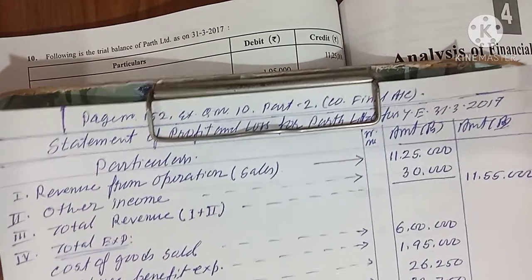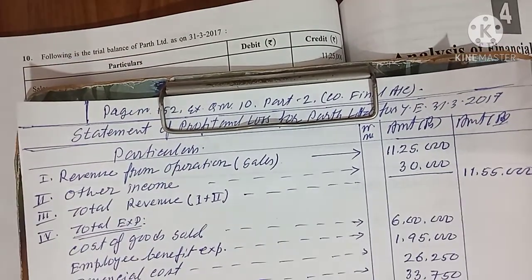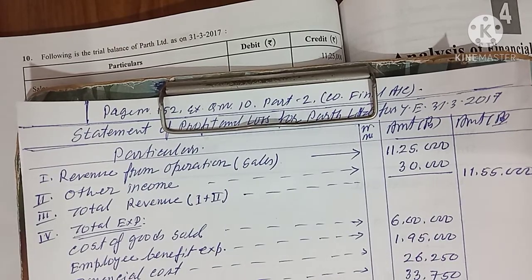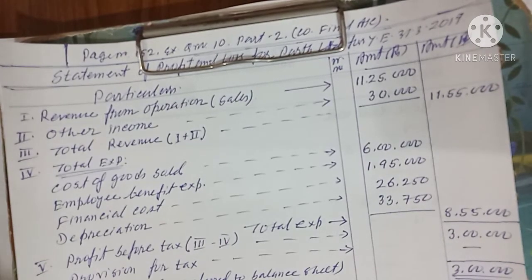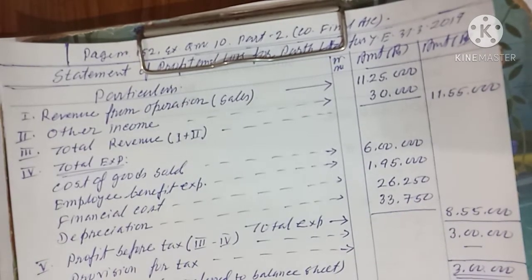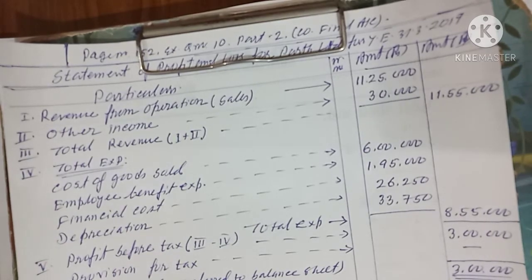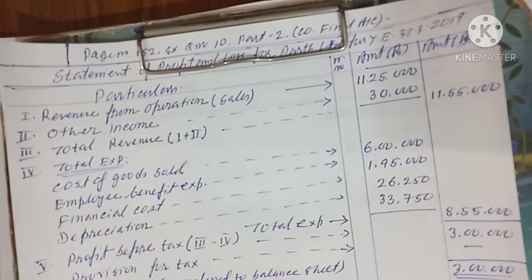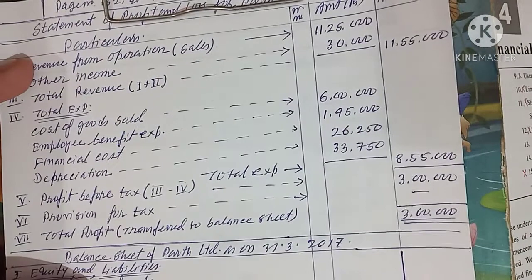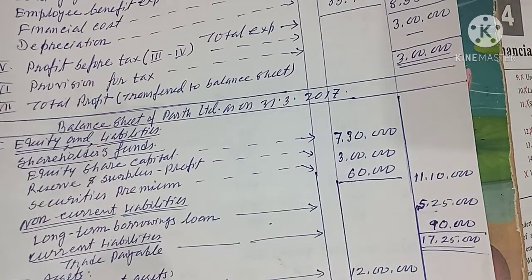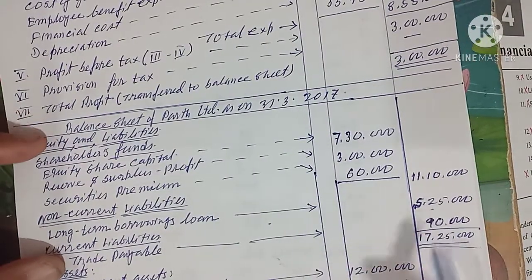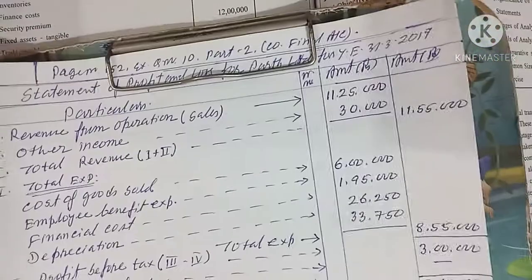Just now you did illustration number 14, like that, question number 10. And I also told you, whatever profit comes, you will get that profit from the profit and loss statement, and it will also go to the liability side. And if tax is there, tax also will come in the profit and loss statement as well as in the liabilities. This is a format that every one of you knows, the profit and loss statement. This is the balance sheet, this much is liabilities, and next is assets. Now we will do the posting one by one.